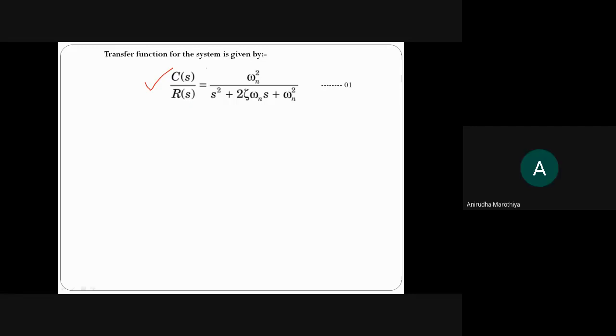Okay. So this indicates the general expression for the overall transfer function, or you can say closed loop transfer function, of a second order control system. Now, why is it called a second order control system? Because if you see the denominator polynomial function, here the highest power of s available in the denominator polynomial function is 2. Here we have s square. And suppose if you equate this particular term to 0 and if you solve for s, you will get two roots for this particular equation, maybe say s1 and s2. Because this particular system has two poles which indicate the roots of the characteristic equation. That's why the order of this system is 2. Are you getting my point?